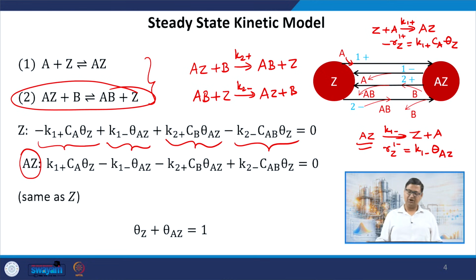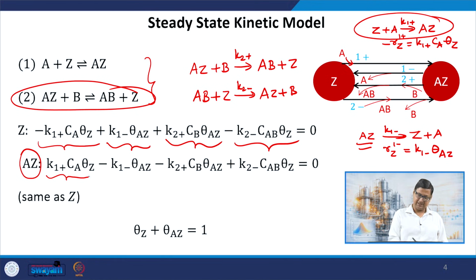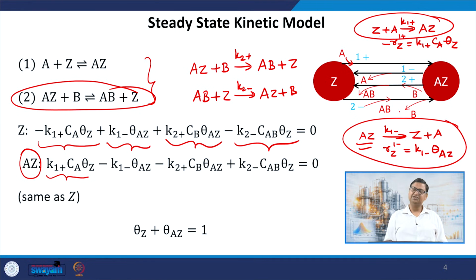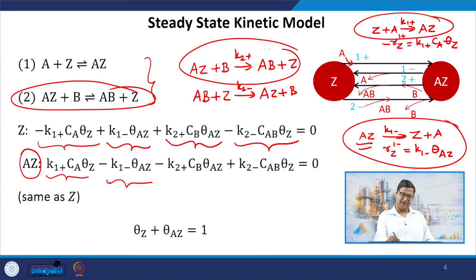The same I can apply for the intermediate AZ in the problem. In the first reaction, the rate of production of AZ is given as K1 plus Ca into theta Z. In the second reaction, AZ is getting consumed and the rate of that is minus K1 minus theta AZ, the concentration of AZ intermediate. Similarly, for the forward reaction of the second reaction, AZ gets consumed, so we have a minus term. And finally, for the backward reaction of the second reaction, AZ gets formed, so we have this, and that sum is